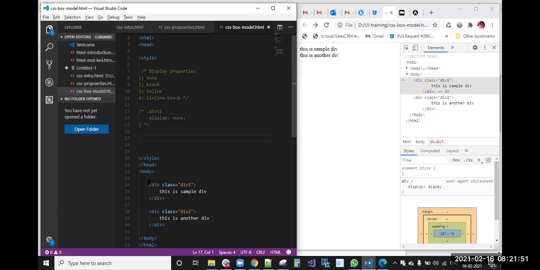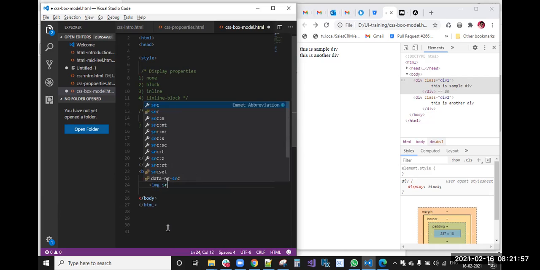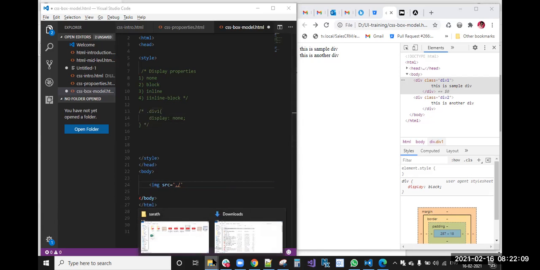Now for that purpose, what I will do, first an image. I'm taking one image.